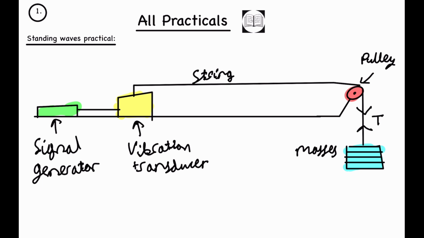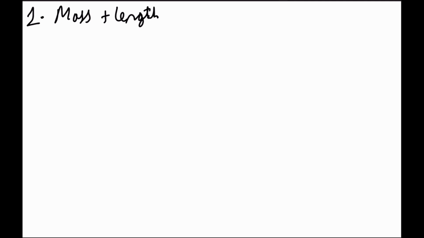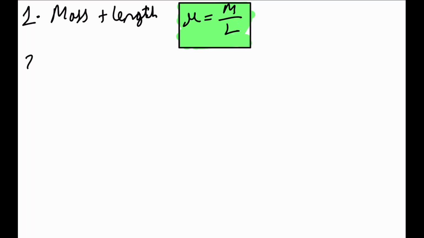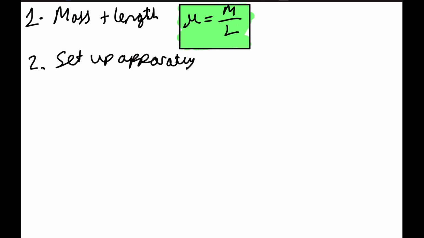So now let's go through all the steps for this practical. So the first step is to find the mass and to find the length. And then we'll use the mass and the length to find the mass per unit length, which is mu, which is equal to m/L. And then we would set up the apparatus from before and work out the tension using